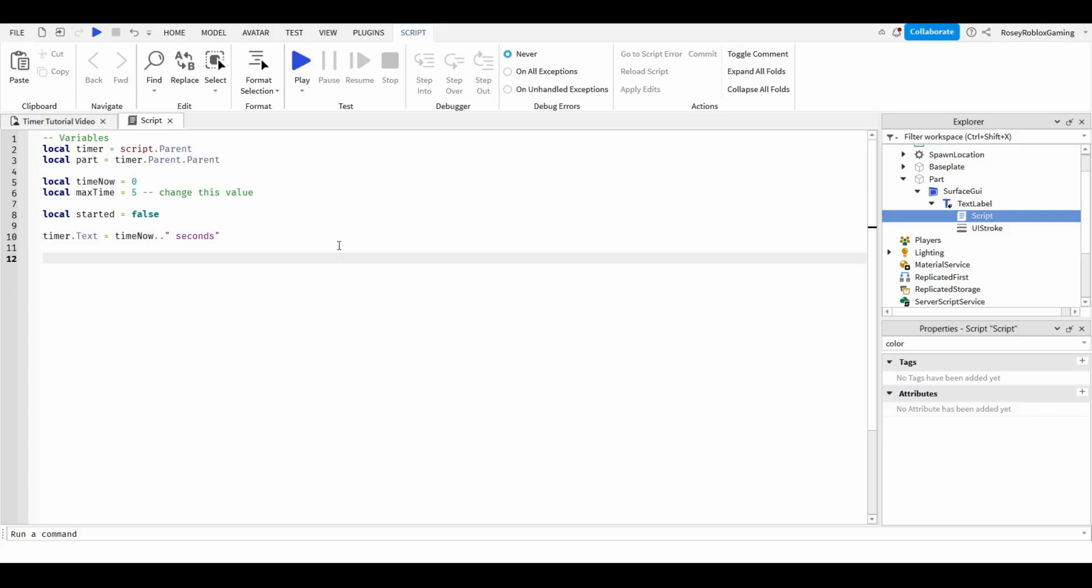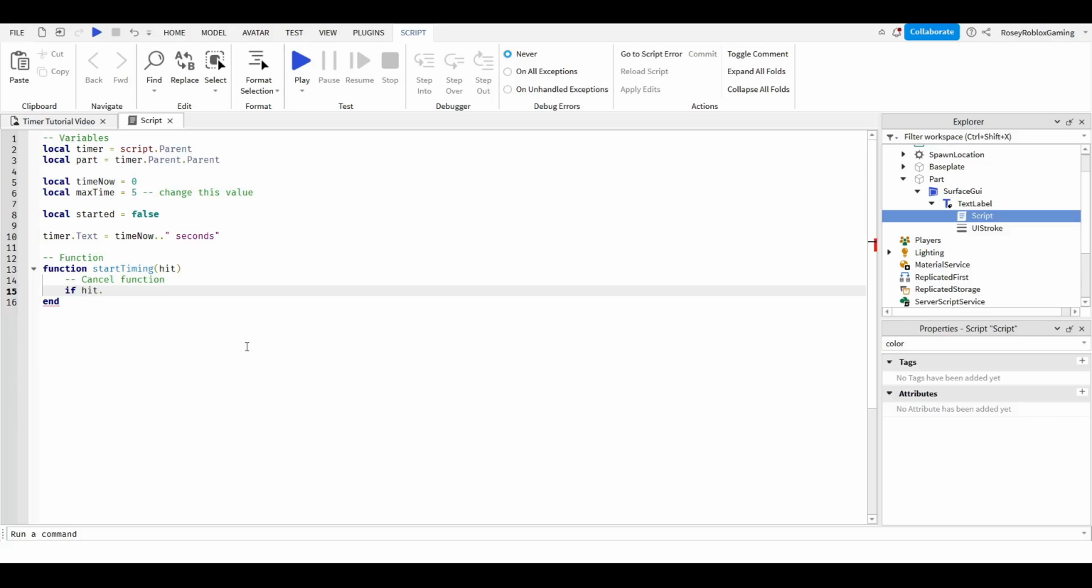And now we can start our function, which is like a book of instructions. So I'm going to write function start timing gets hit, press enter, and hit is telling us what has touched the part, because we don't want to start the timer if what touched the part wasn't a character, like it was another part. So let's test if a character touched us by asking if hit dot parent find first child